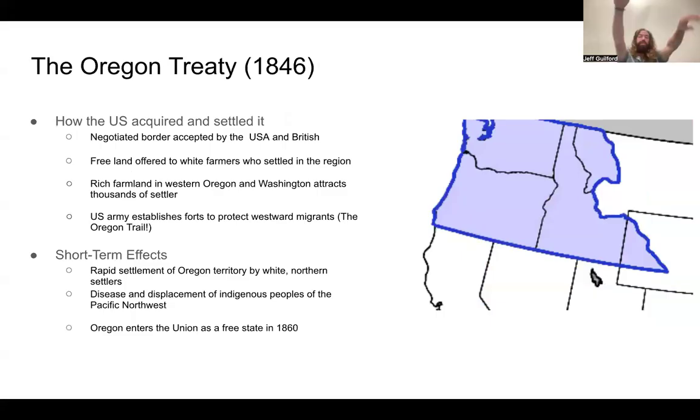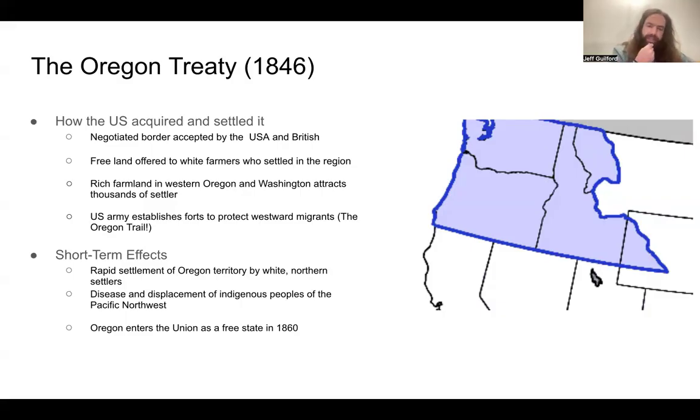But before we get to that, we've also got the Oregon Territory. So the Oregon Territory, I guess it's kind of nice. Instead of fighting over it, the United States reaches a peaceful settlement with Britain. So originally, both Britain and the United States had claimed this territory and some other territory further north. And for a while, it looked like the US might go to war with Britain over it, but eventually we decide just to split it. And so the United States gets the southern chunk and Britain gets the northern chunk.